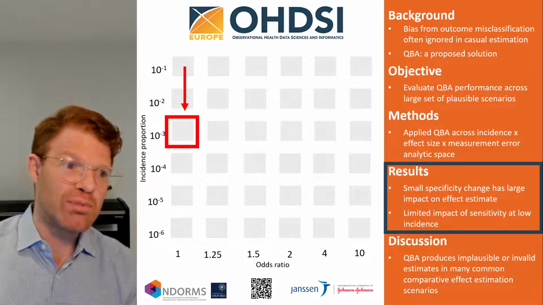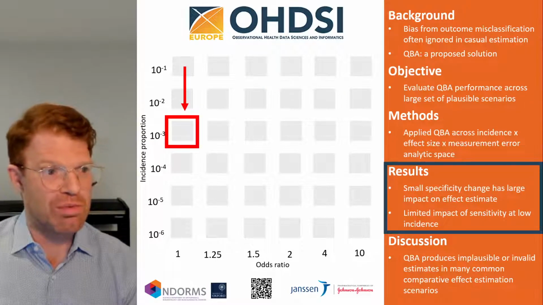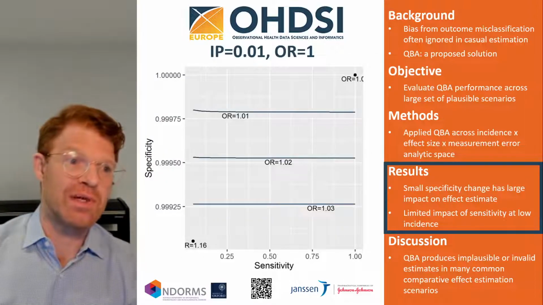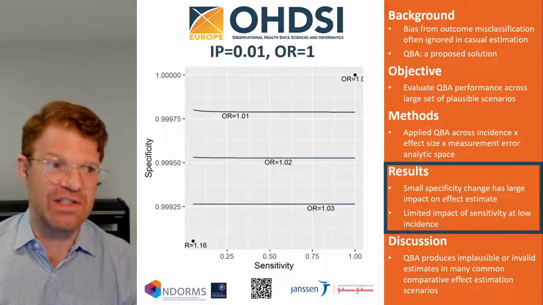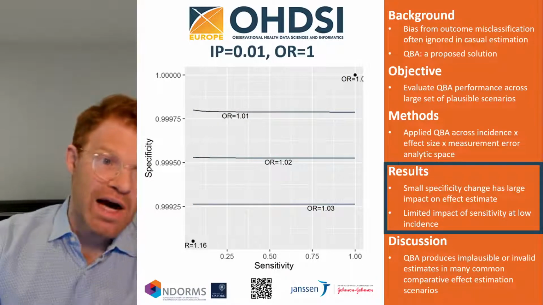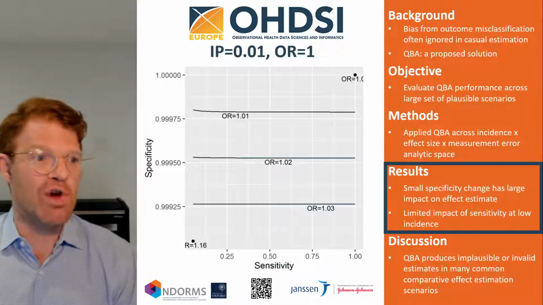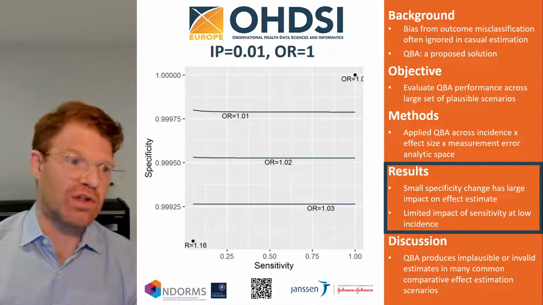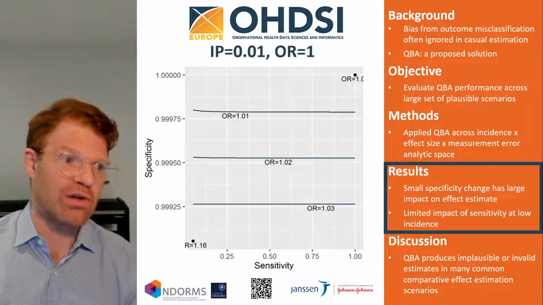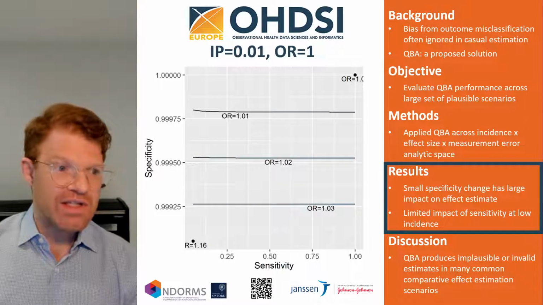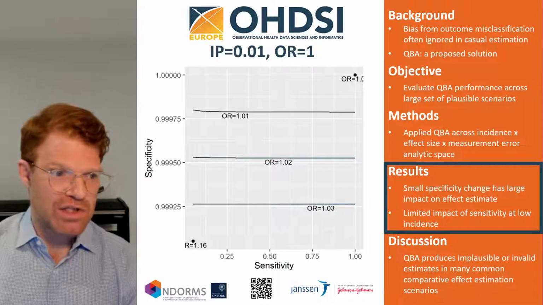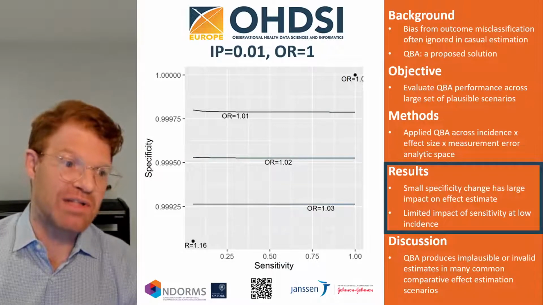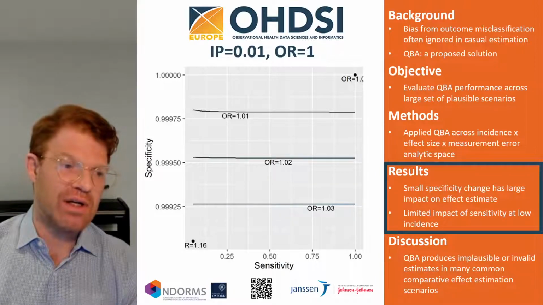Next, let's vary the input by decreasing the outcome incidence proportion from 1 in 10 to 1 in 1,000. In this scenario, the range of specificity values on the y-axis is narrower still, now from 99.9% to 100%. With no measurement error, we see the null estimate in the upper right. And again, the three curves are the contours at the different percentiles of the corrected estimate distribution. In this scenario, the maximum valid QBA adjustment to the uncorrected estimate is 16%, where sensitivity is at 5% and specificity is 99.9% in the lower left.